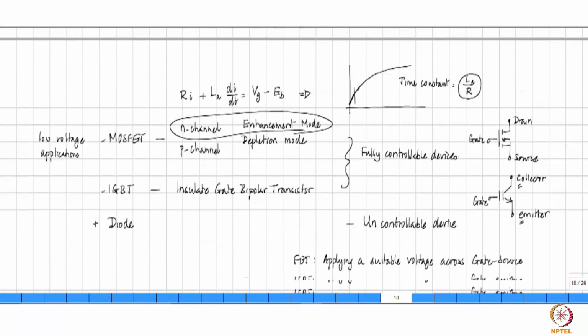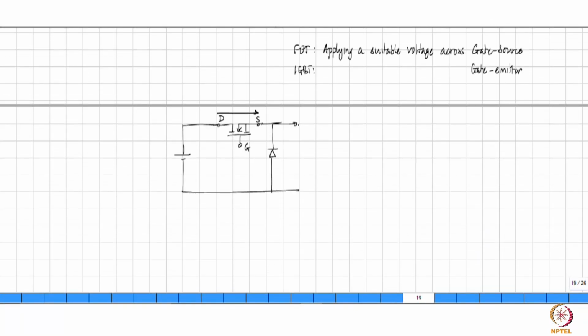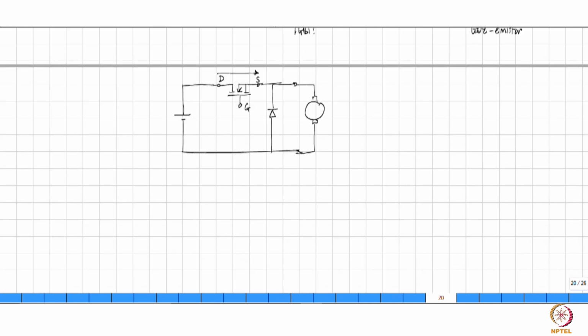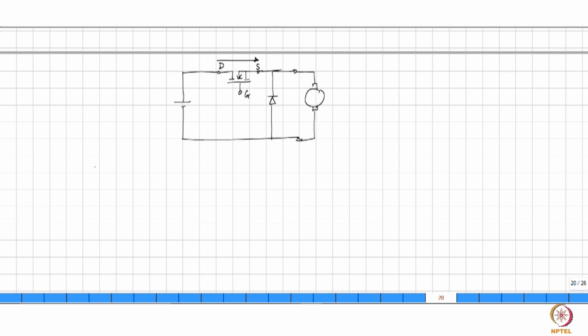Now, having understood that, if you are going to connect a motor here with a suitable high frequency of switching, right, you can adjust the speed of the motor to whatever level you want. But now the question comes, there are a few more things we need to look at, that is, what will you do if you want to reverse the motor?